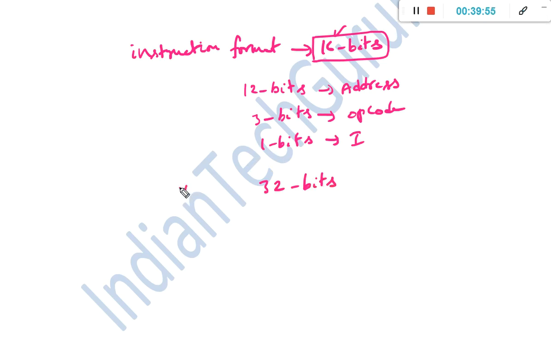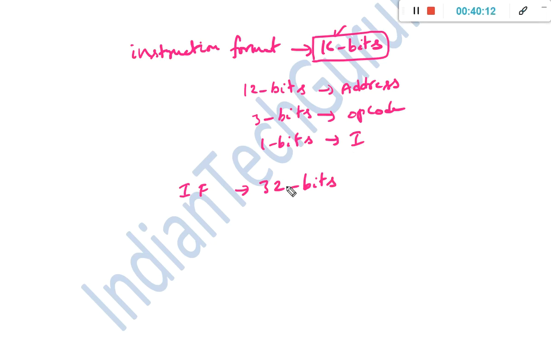If the instruction format contains 32 bits, then these 32 bits shall be bifurcated into address, operation code, as well as the indirect address mode I bit.